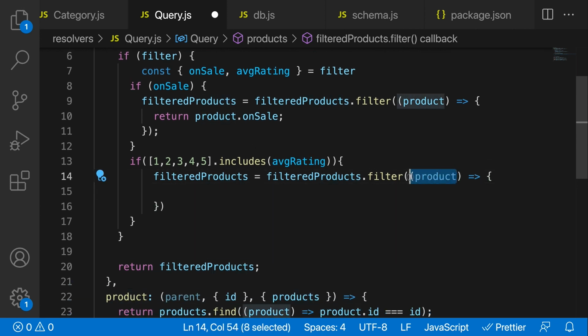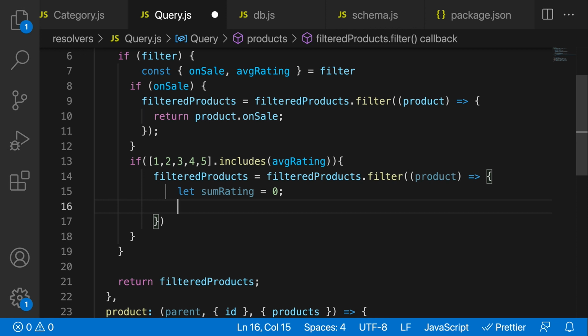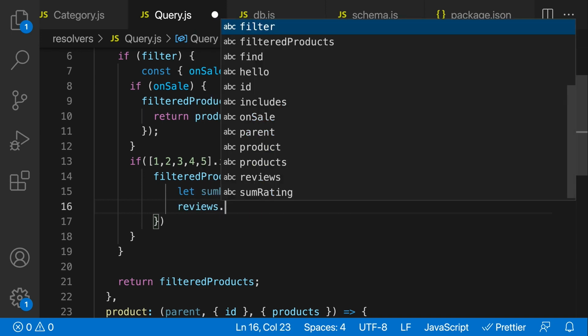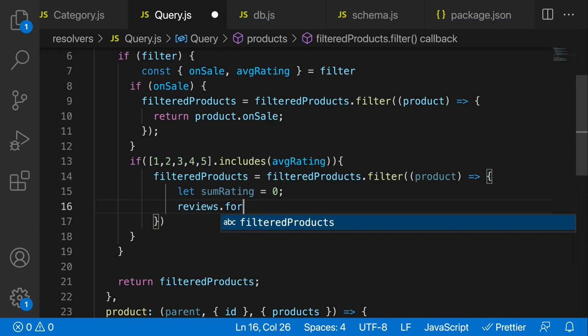Okay, so what we need to do is first get all of the reviews for a specific product and just sum them. So let's say let sumRating, and initially we're going to set that to 0. We could use reduce here, but to keep the code as simple and readable as possible, we're just going to iterate over it and increment sumRating. So we're going to say reviews.forEach. So for each review,